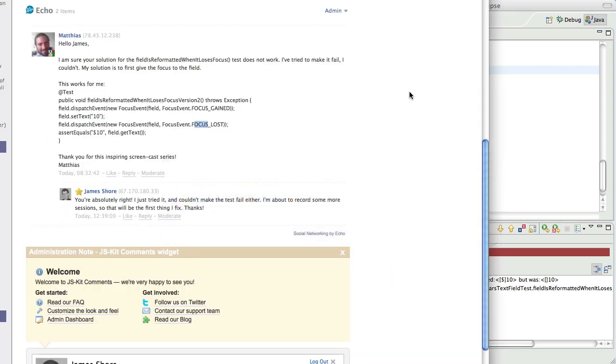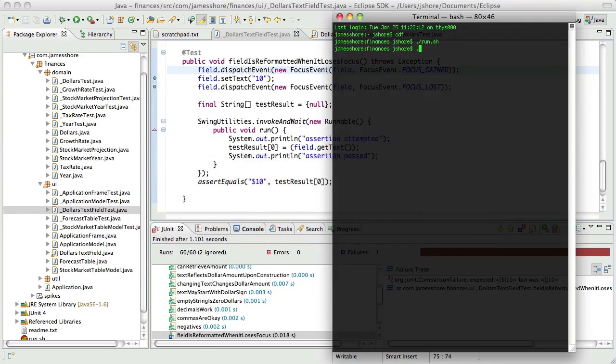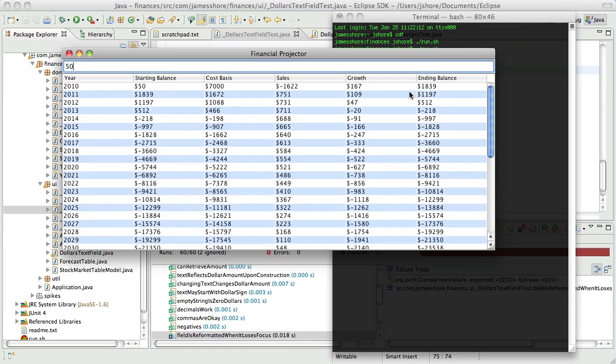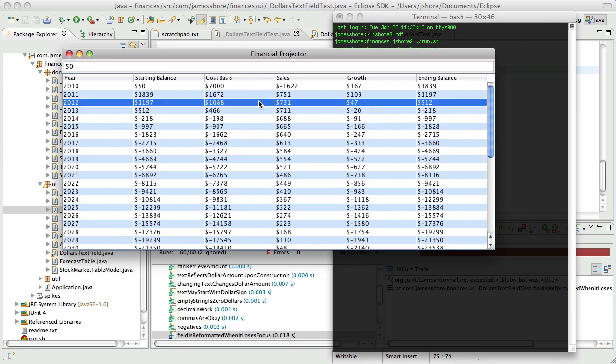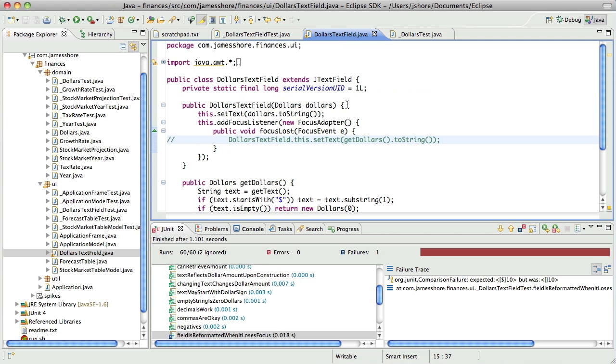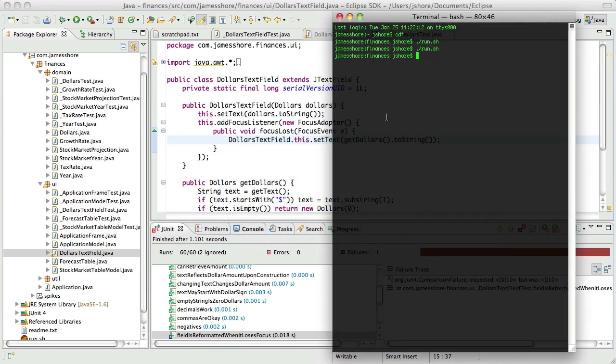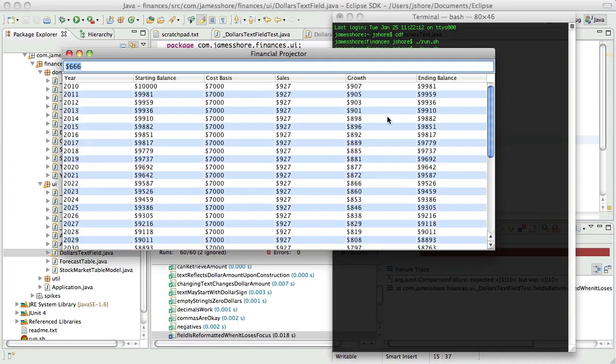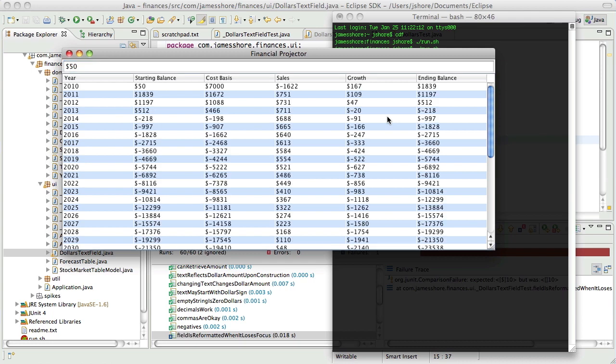Well, let's go ahead and run this. Oh, it doesn't work. Okay, well, hey, at least it doesn't work for the right reasons. Oh, right. Never mind. There, now it works.